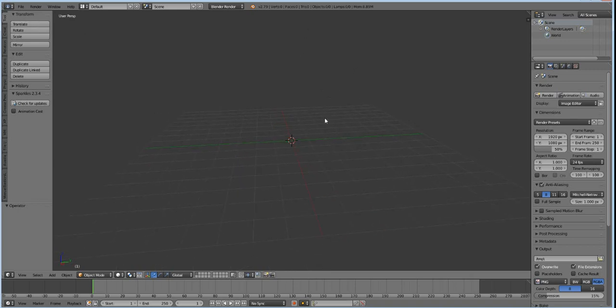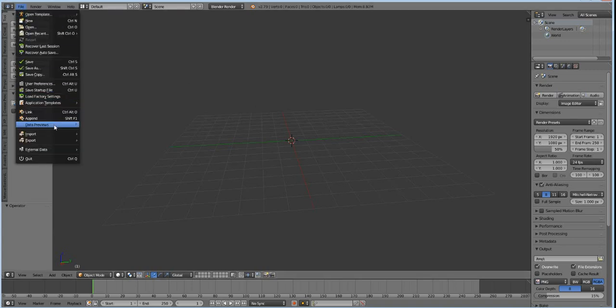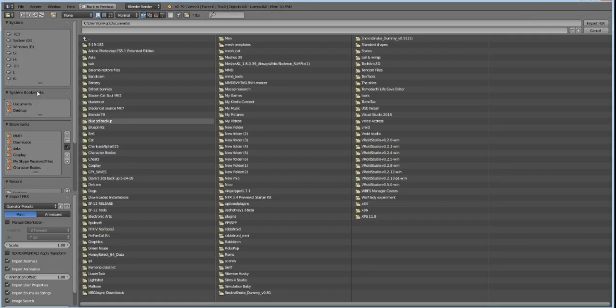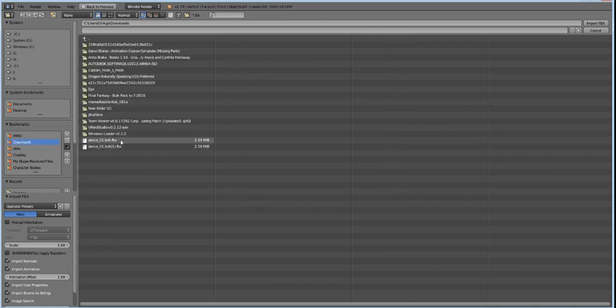So first thing I'm going to do is import the animation that he sent me, and you'll see right off the bat that it is gigantic. So I'm going to select FBX. I think it was in my downloads, and this is the one that he sent me. And you see right now, it's really big. It's like 2.39